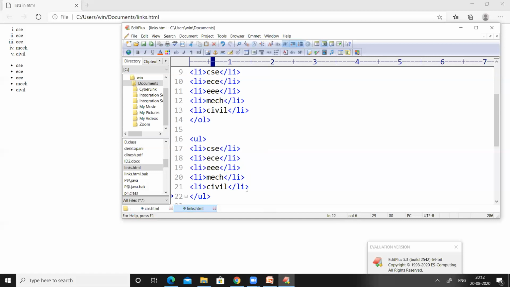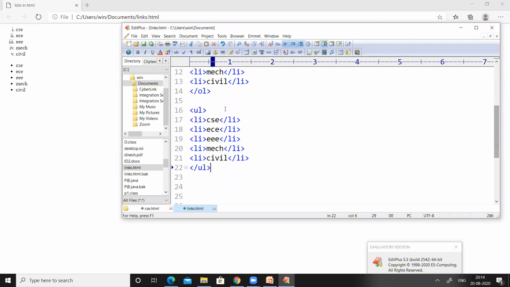Here in the program, we have CSE, ECE, EEE, MECH, and civil. So there are 5 list items. In order to create such an unordered list, we used this UL tag. So these are the list items.